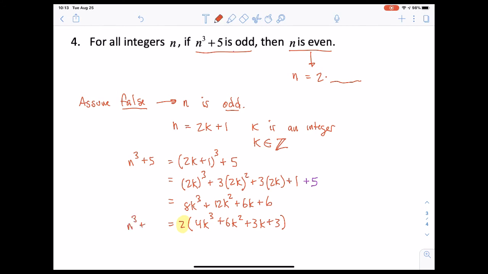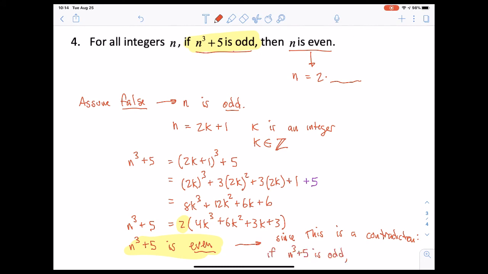And so we have just shown that n cubed plus 5 is equal to 2 times an integer, which means that n cubed plus 5 is even. Here is our contradiction. We set up here that n cubed plus 5 is odd, and now we've shown that n cubed plus 5 is even. That is the contradiction. Therefore, we can use the hypothesis of the statement that n cubed plus 5 is odd. If n cubed plus 5 is odd, that the conclusion of that statement